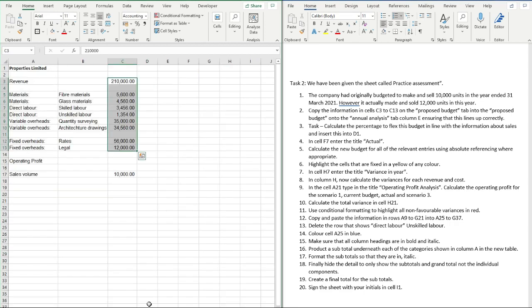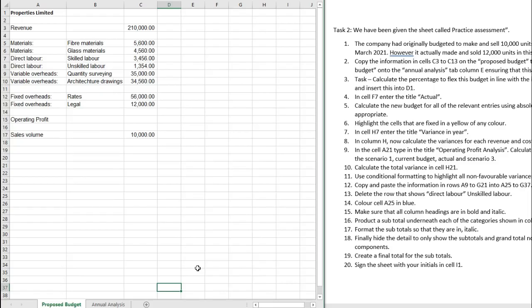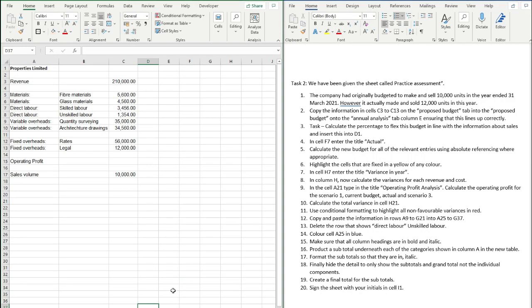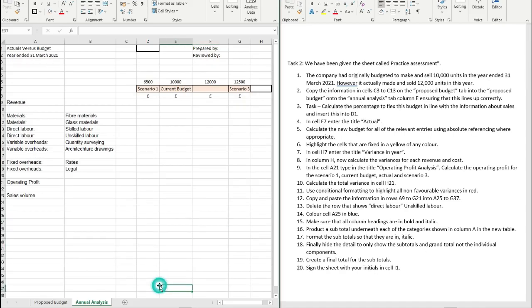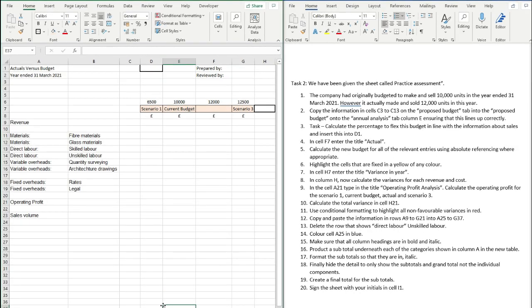So on the left, we have this information where Properties Limited has got a budget of £210,000 of revenue. We have materials, direct labour, variable overheads, fixed overheads, and sales volume of 10,000 units. Now, on the annual analysis tab, we're being asked to prepare some information for the manager here, and that information is provided in this Word document on the right. So we're just going to go down this line by line and hopefully prepare something that is in line with